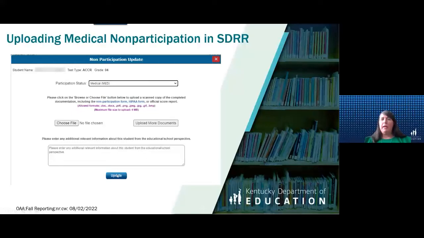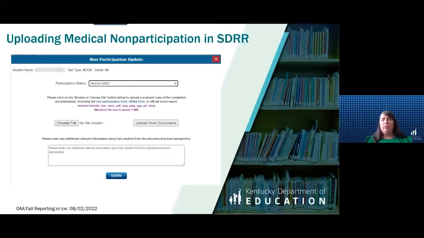And you'll always want to make sure that you update. And remember, if you've got to upload more than the one file for that, you can click on upload more documents and be able to upload that as well in that particular piece.